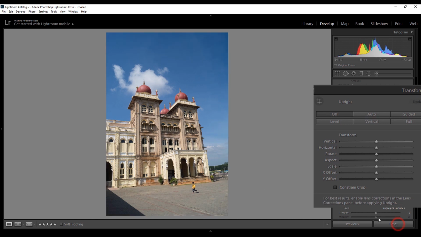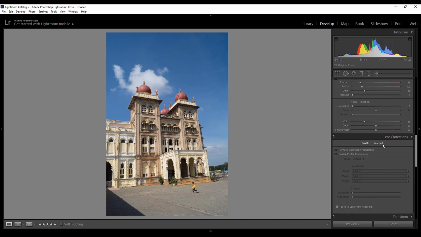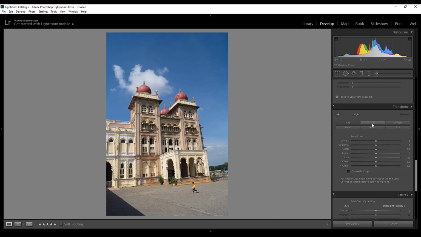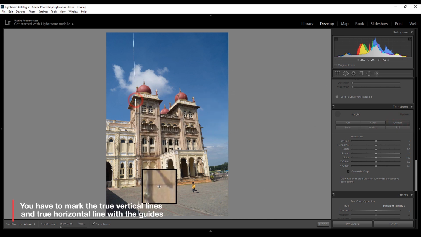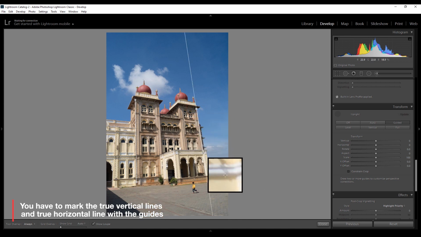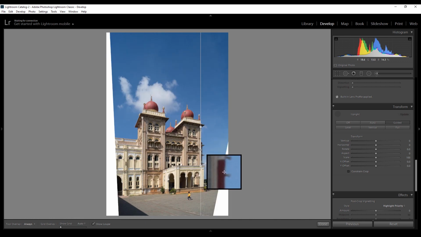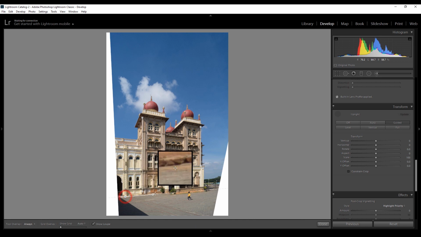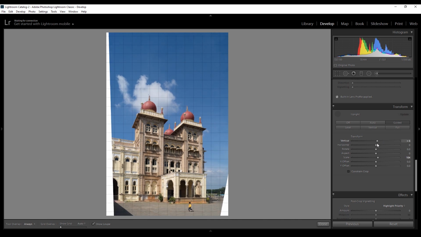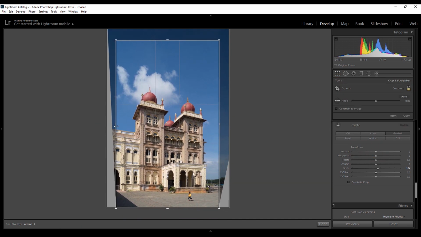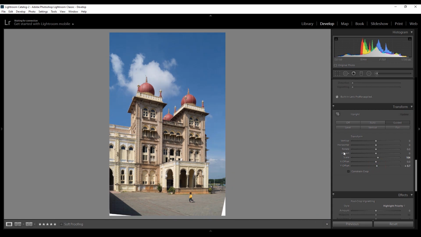Now I will just reset everything I did, and I will do it manually, because it will give me a better result within a shorter period of time. So click on the guided button here, and after that your cursor will be activated, and the maximum number of lines or guides you can draw is 4, and those are to define the horizontal and vertical lines. I will say at first start with the vertical lines, because after defining the two vertical lines you have to define the horizontal lines, and that will fix your photo and create the perfect perspective for you. And then the little adjustment I did, I'll do it again, and the final result will be there.